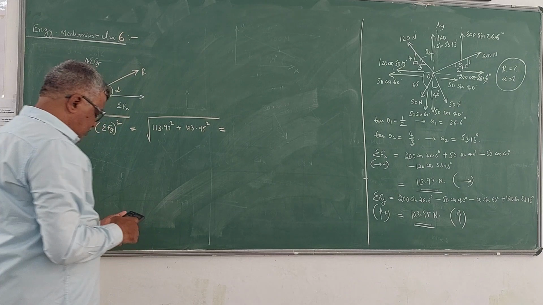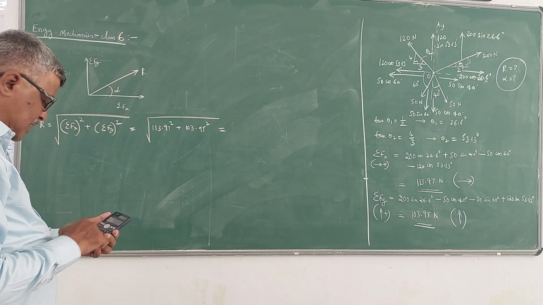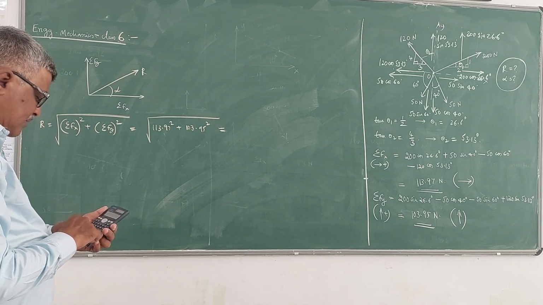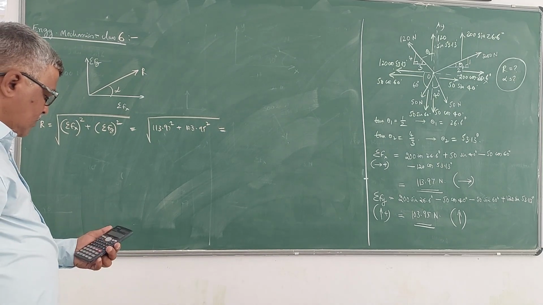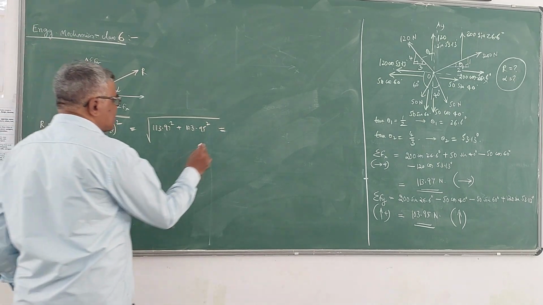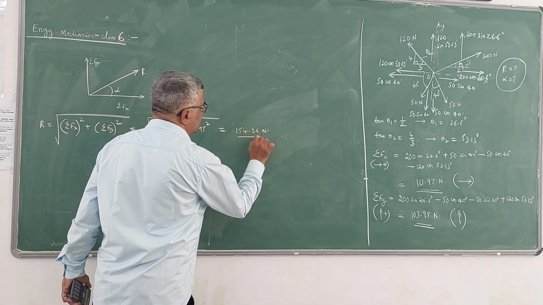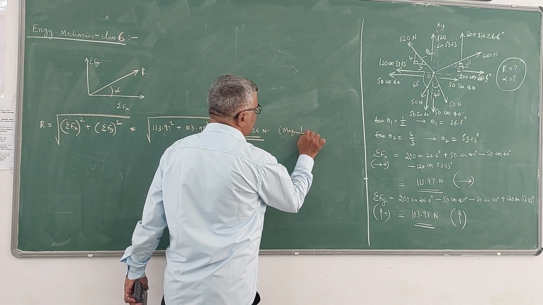So if you simplify that, 113.97 square plus 103.95 square under root, 154.26 Newton. This is the magnitude of resultant,